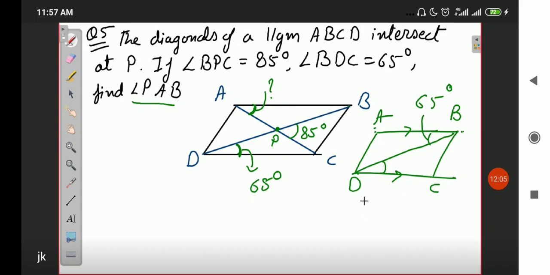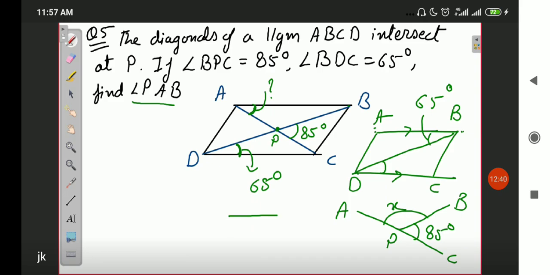Secondly, what I am going to do is, this is the AC line, this is point P, and this is B. I am taking this AC line, this blue one, this PB. Okay, we are given that this angle is 85 degrees. So I will take the linear pair property here. Linear pair property says on a line AC, at a point P, the sum of these two angles should be 180 degrees. X plus 85 should be equal to 180 degrees. This is the second thing that I am going to do. Two things have been covered here.